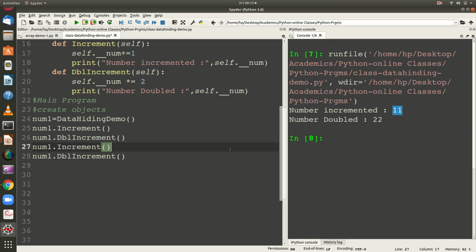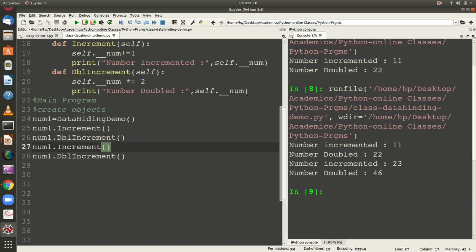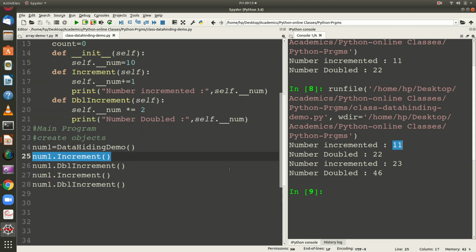In that case, if I run the program again, you can see for this increment invoking, it has incremented 10 to 11. Then it was double incremented, so 11 into 2, 22. Then the number was again incremented, right? So I invoked the increment method, so 22 is incremented to 23, and then again I double incremented, so 23 into 2, it becomes 46.